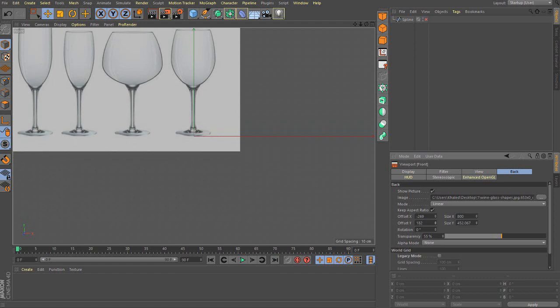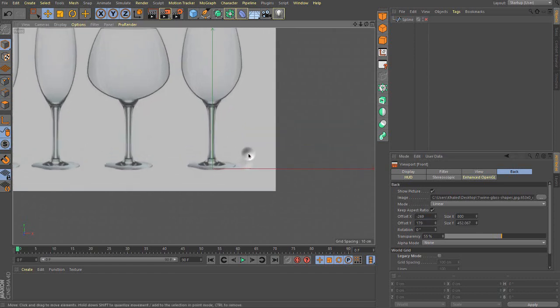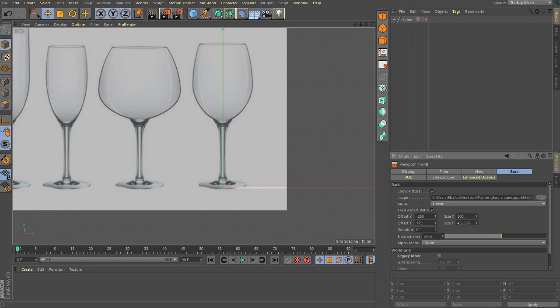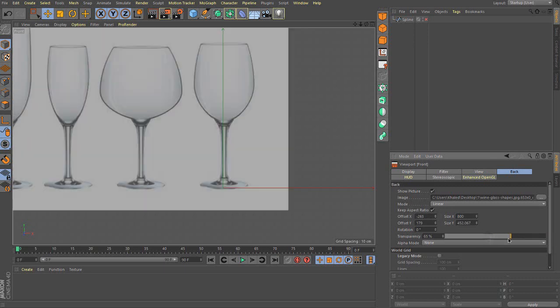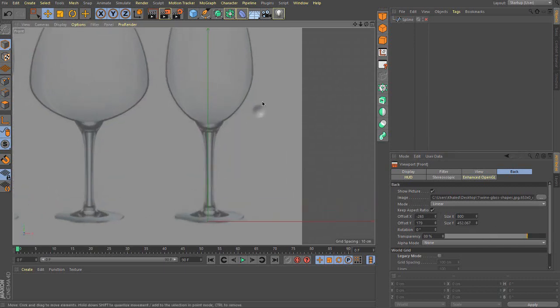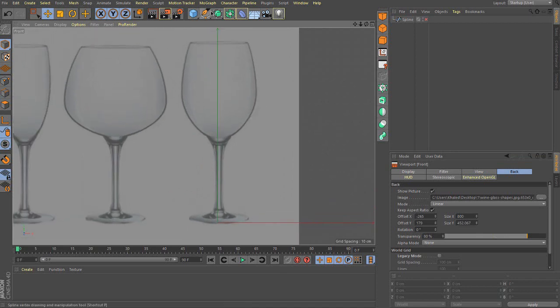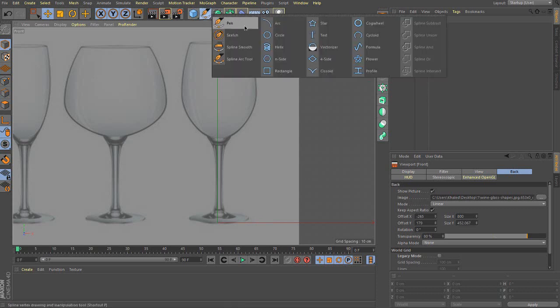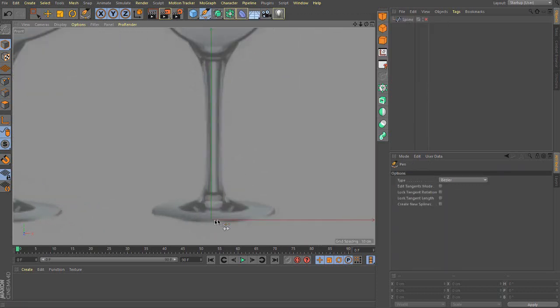Maybe let's move it, center it even more, that's better. And then increase the transparency so you can see what you're drawing. We're not exactly gonna make something like this, we're gonna set this axis as our base. Maybe we want it sized like this, and then we want a glass around it like this. And if you click and hold the shift key, you're gonna see that you have control over the